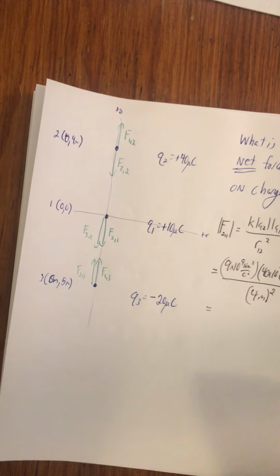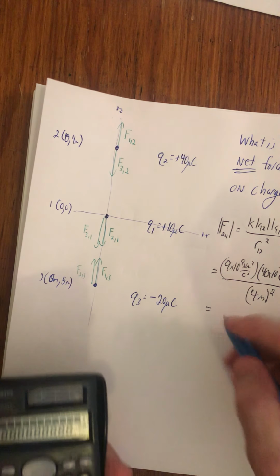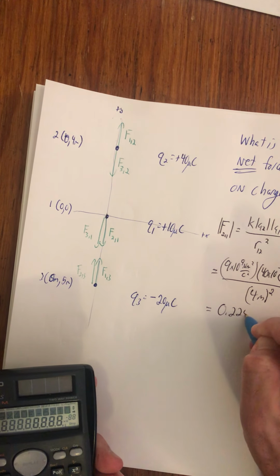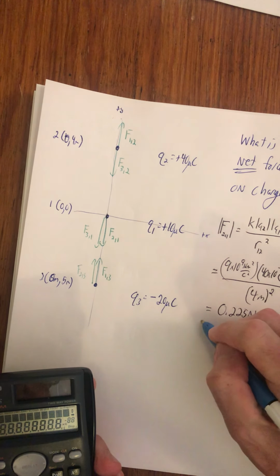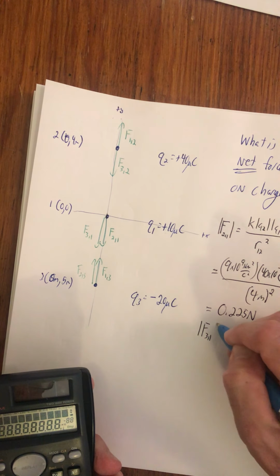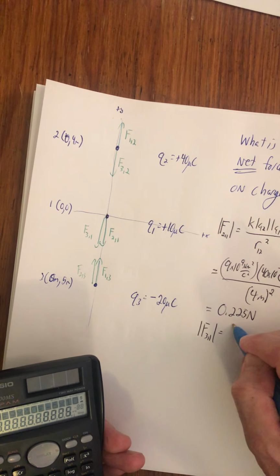And then throw that into our calculator. 9 exponent 9 times 40 exponent negative 6 times 10 exponent negative 6, divided by 4 squared. And we get 0.225 newtons. Okay, and then I've got the force of 3 on 1, and this is going to equal K